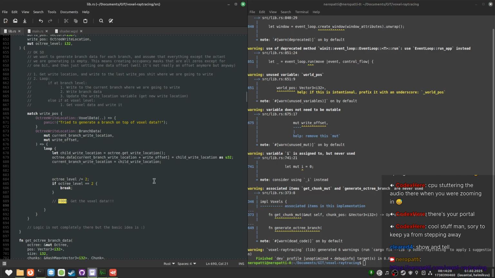So when we're getting the voxel data here, we do stuff with the current branch right location and not a parent branch right location. And how do we get the right offset?